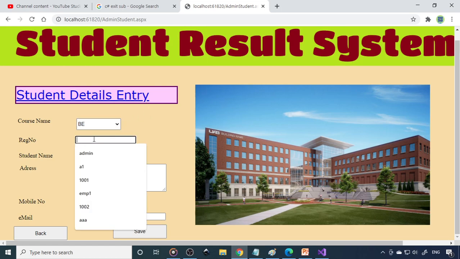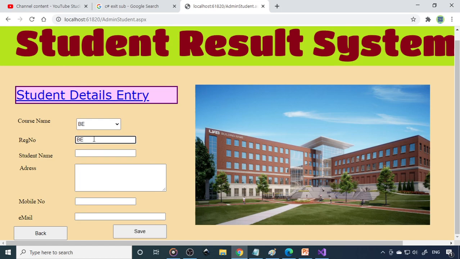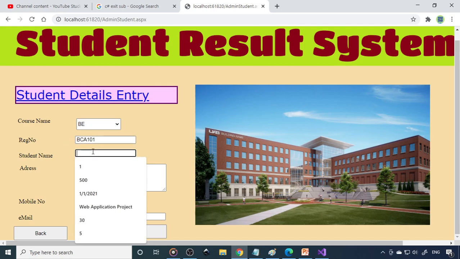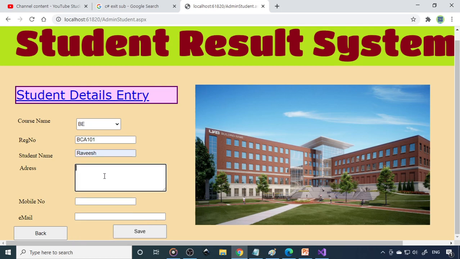Okay, so let's say BE, I'll take BE 101, otherwise BCA 101. Okay, this is the register number. Name, let's say Ravish. Address, number, second main, let's say Rajaji Nagar, Bangalore, and all we can write.